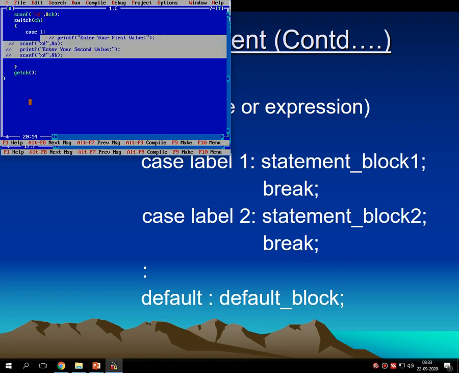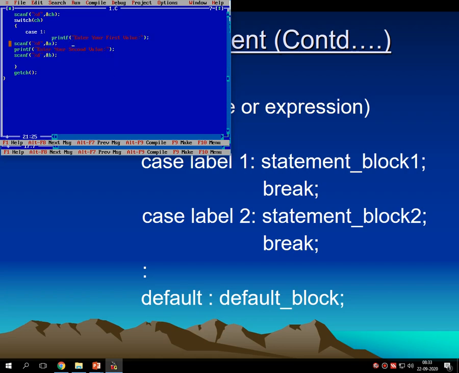Let me paste these lines. For addition I require 2 numbers, so I am giving printf, enter your first value, scanf %d &a, printf, enter your second value, scanf %d &b, then c equals a plus b, that will give the addition of these 2 numbers.